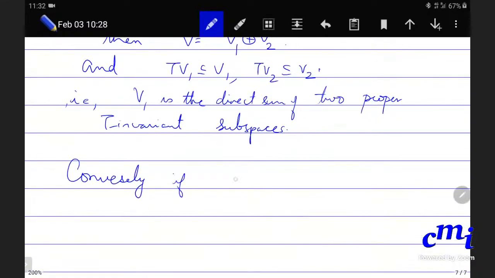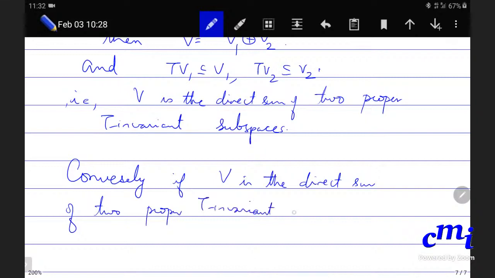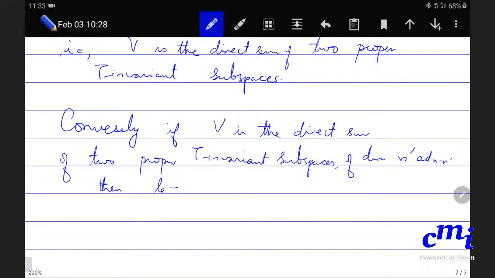Conversely, if V is the direct sum of two proper T invariant subspaces, then the matrix of T, let us say two invariant subspaces of dimension n prime and n minus n prime, then let A be the n prime by n prime matrix representing